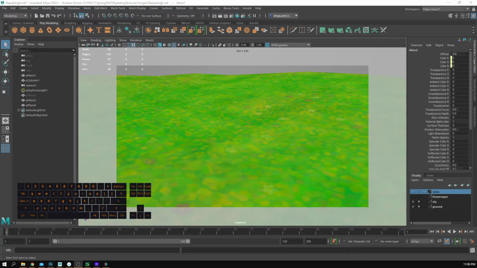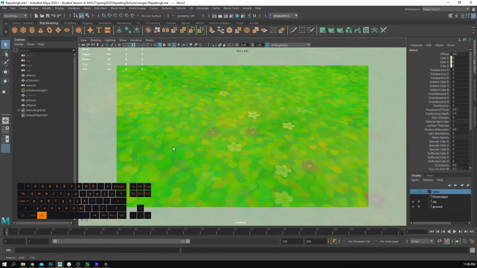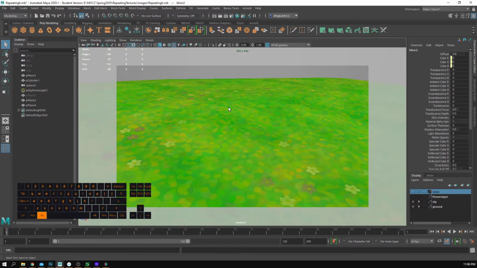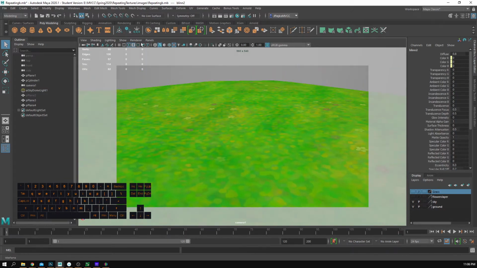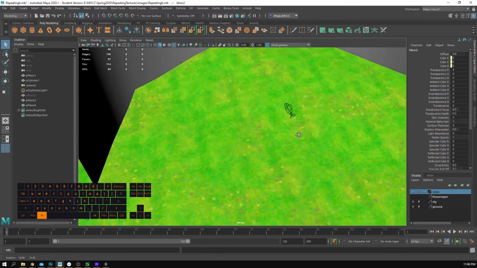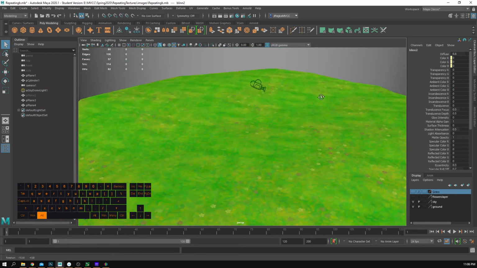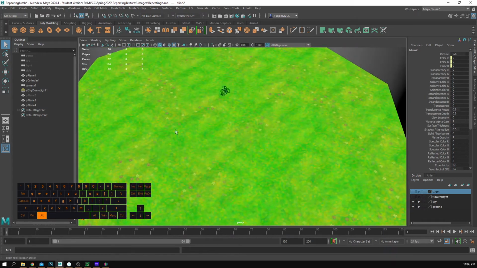Okay, welcome back everybody. For this next part of our repeating textures tutorial, what we're going to end up doing is blending two different textures. And as you see here, I have some flowers that seem to be cropping up in this field now. And if I were to go into perspective view and zoom out, you can see that flowers are sort of sporadically popping up. Now, this may, again, not look great when I am at this view,